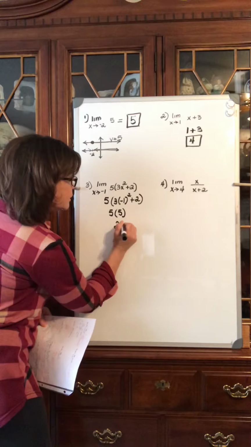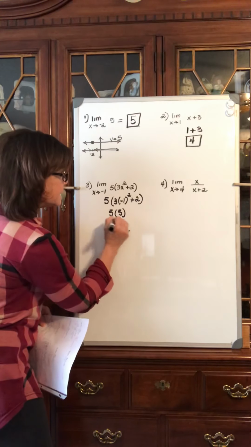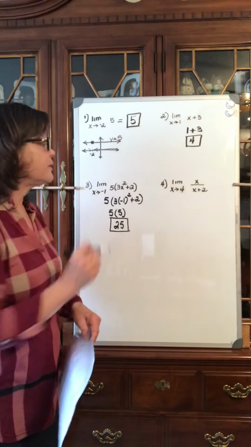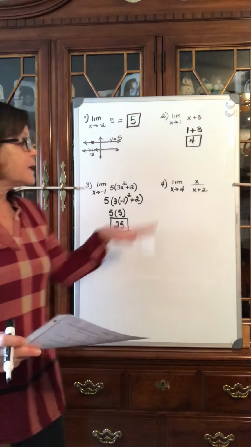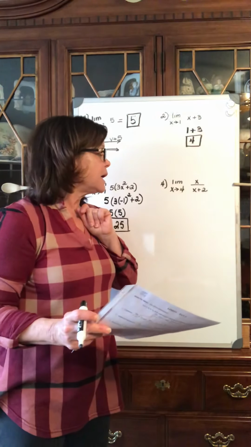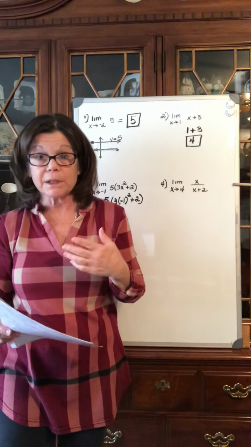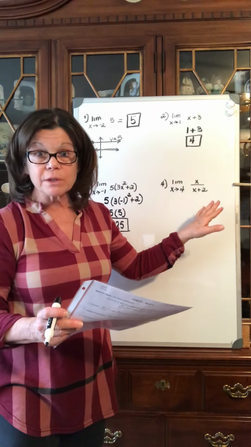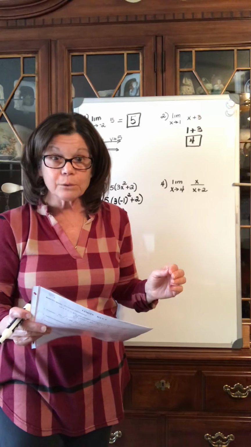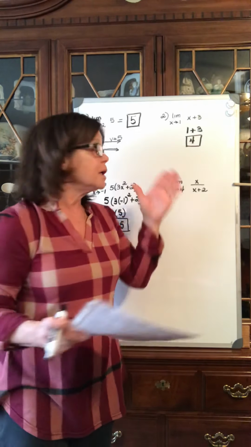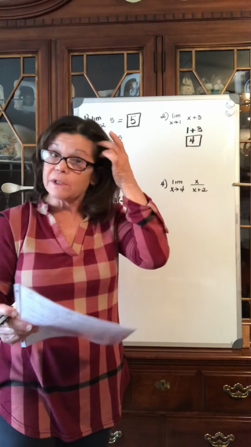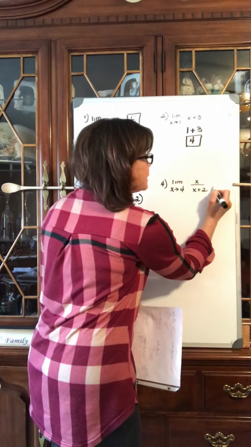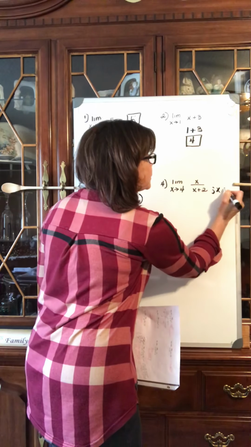The y value from the left and the right as this function is approaching -1 is 25. Now, this next example, x over x plus 2, that wouldn't be a continuous function. Something is going on at an x value of 2. It might be a point discontinuity, it might be a hole in the graph, it might be a vertical asymptote, an infinite discontinuity, but it only occurs when x is 2. So I know that x cannot equal 2,